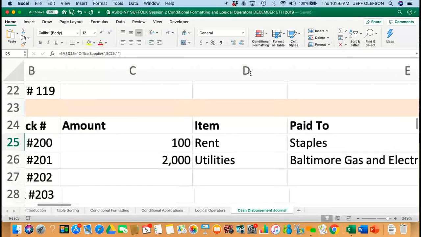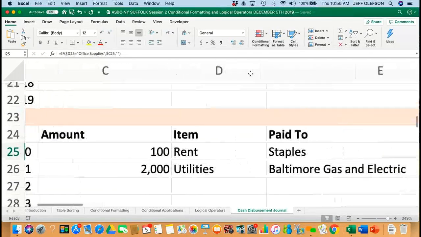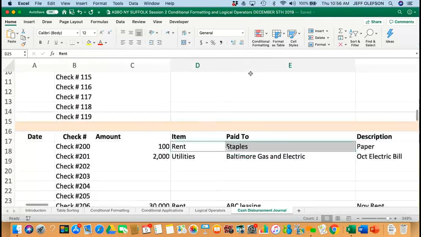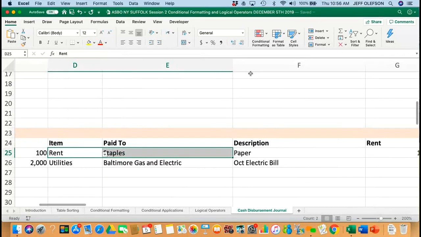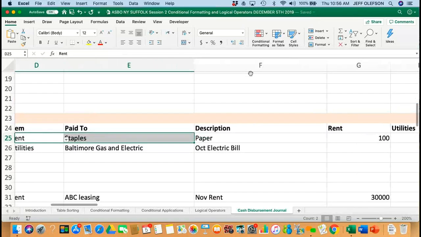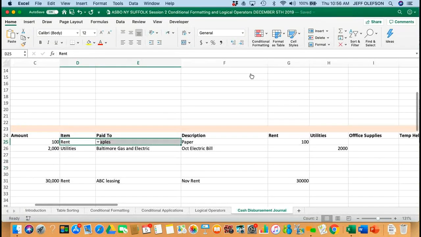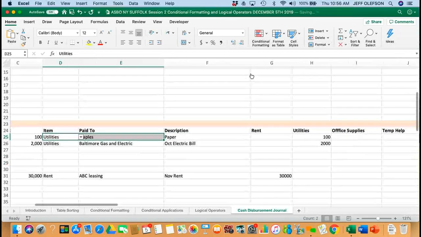I debug it by taking it through all of the options. I make sure that my top row works, and then I copy it down. Utilities, office supplies, temporary help,